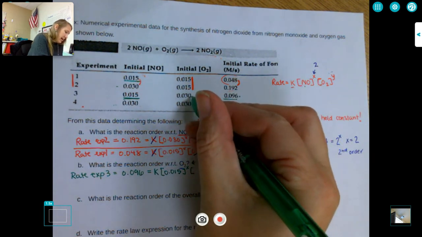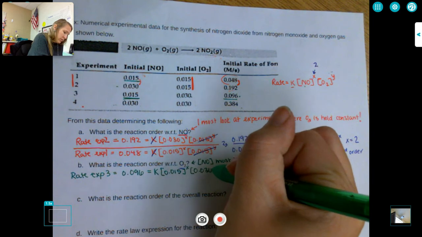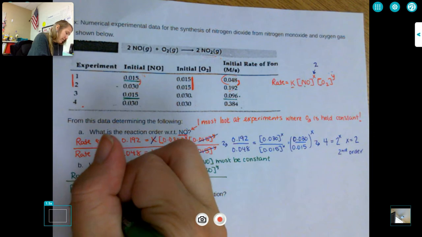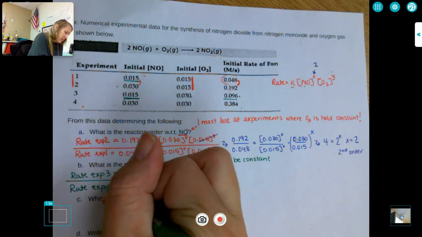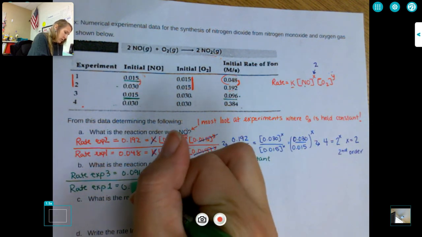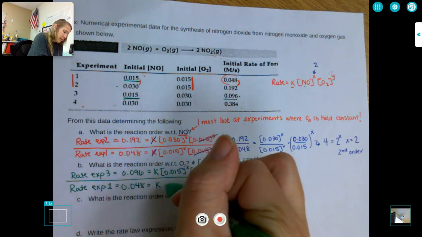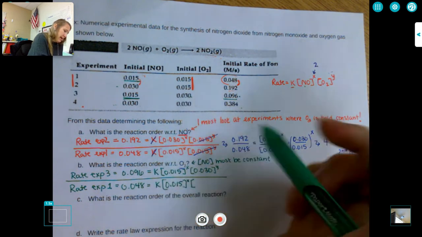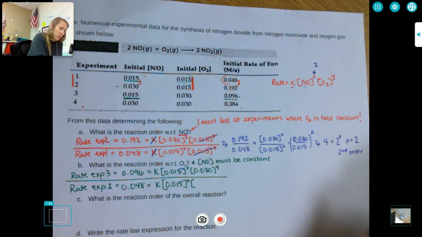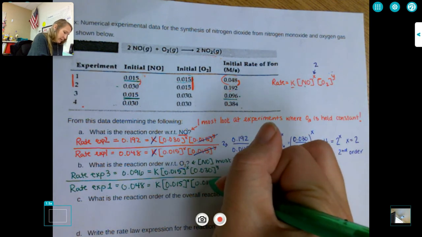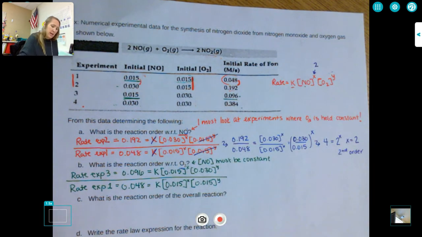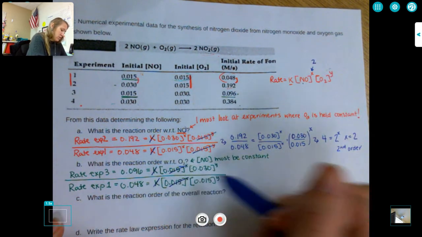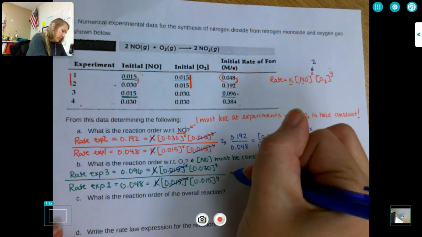And my oxygen is 0.030, and that's to the Y, divided by my other experiment, so the rate of experiment 1, which is 0.048, K, and this one stays the same, X, and then oxygen in this one is 0.015 to the Y. Again, like things cancel out, so the K's cancel out, my nitrogen monoxide cancels out, so I am left with